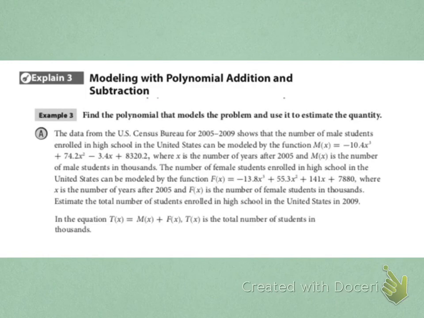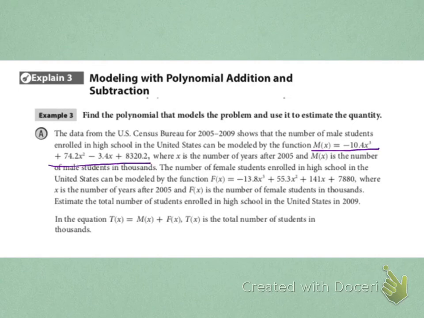So our final learning goal is to be looking at how we can model with polynomial addition and subtraction. This question asks us to find the polynomial that models the problem and use it to estimate the quantity. This is the data from the U.S. Census Bureau for 2005 to 2009. It shows the number of male students enrolled in high school in the United States can be modeled by this function right here,